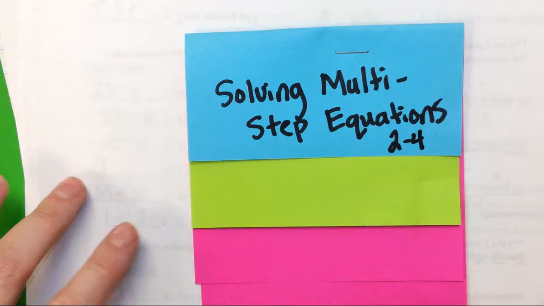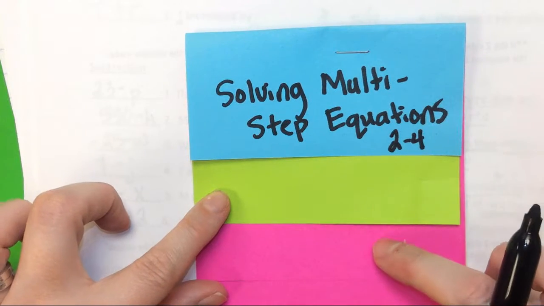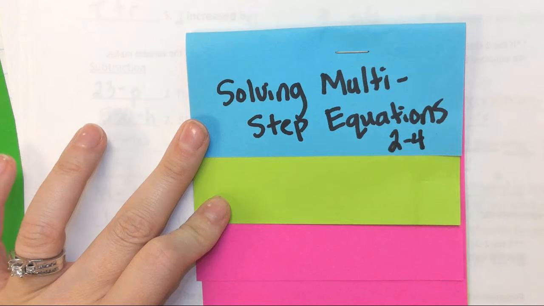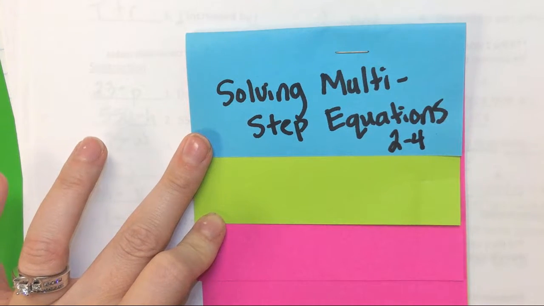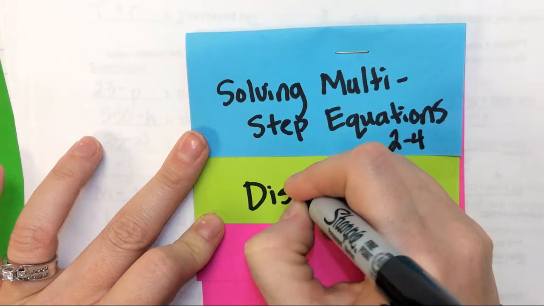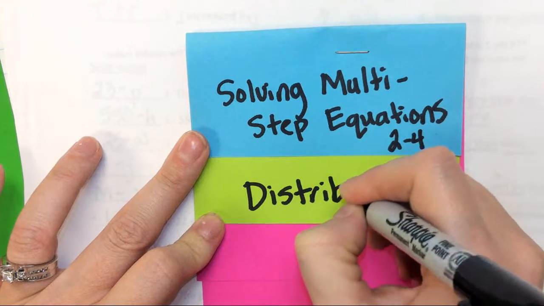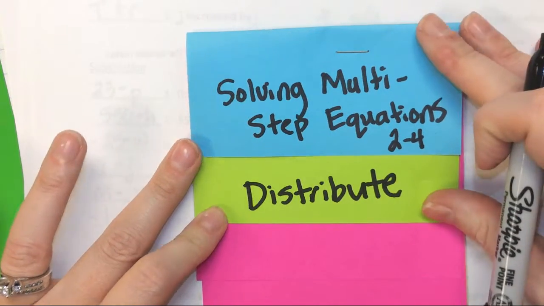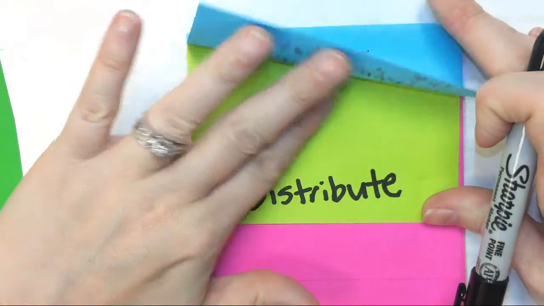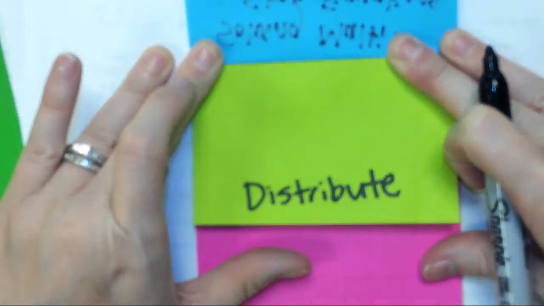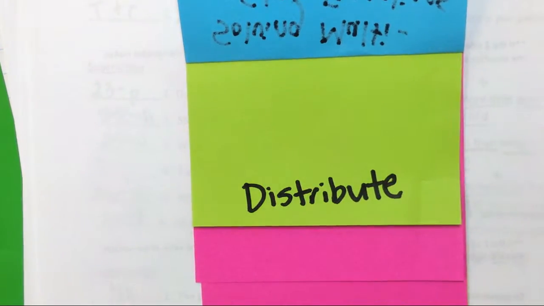So what we're going to do is we're going to write the steps, but inside the foldable we're actually going to work a problem. The first step in any problem is to distribute. So that means use the distributive property. So I'm going to fold up this top part. The equation that we're going to solve today